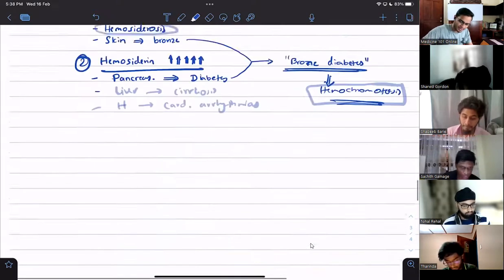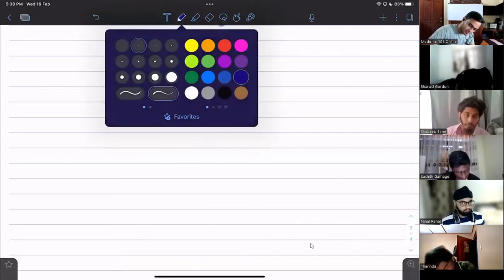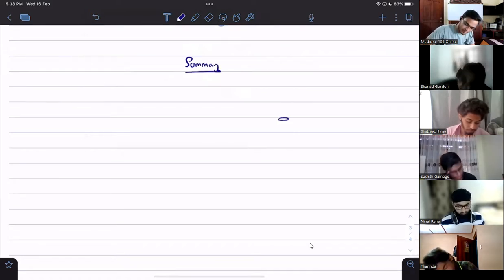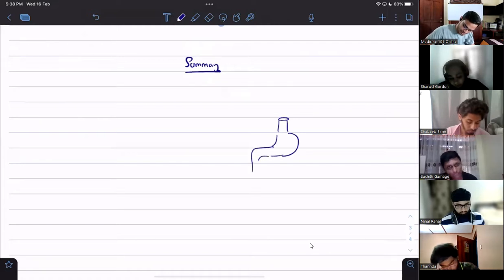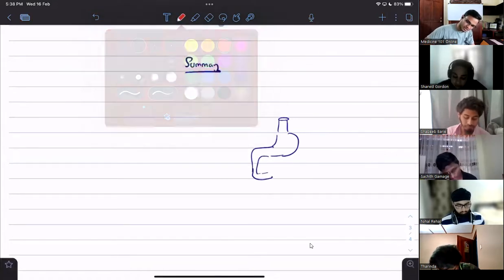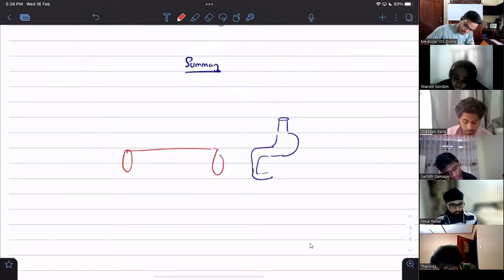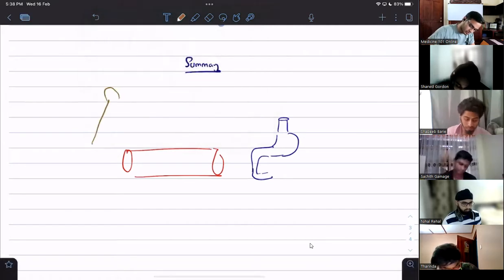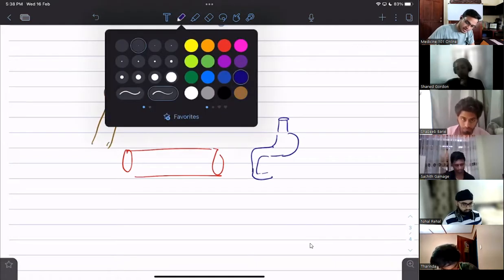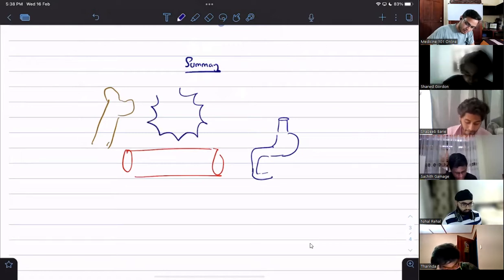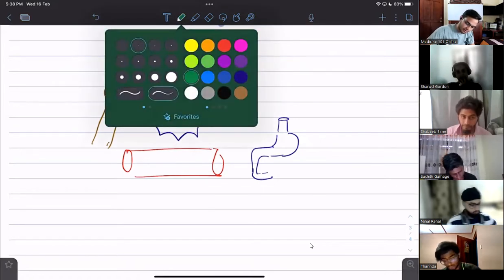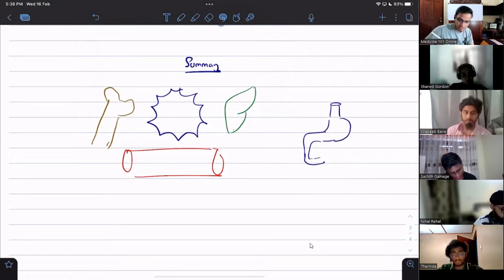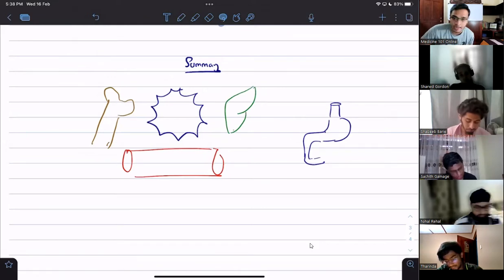Look here. We'll do a quick summary, guys. What did we say up to now? Look at this summary. Just a basic one. So this is our digestive tract. You all can draw this even at home. I'm just drawing it quickly. We said the blood vessel, we had a bone, and we had our macrophage, and we had our liver. All right, look at this, guys. What do I want you all to realize here?